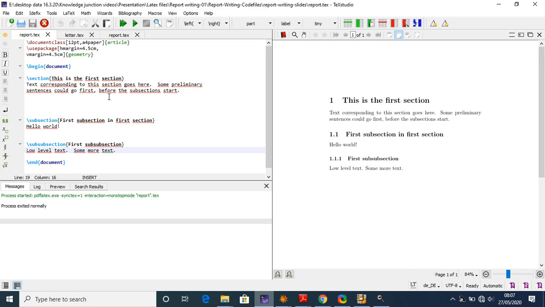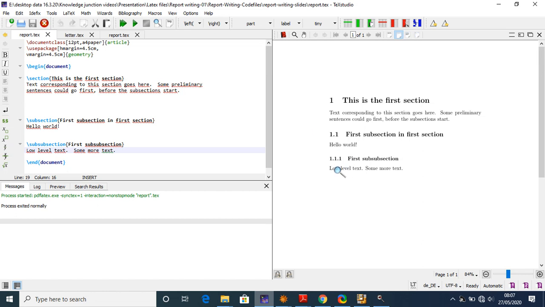So this is the section, then I start with backslash subsection, and here I write first subsection in first section. So here I write hello world, and then again subsection, first subsection.